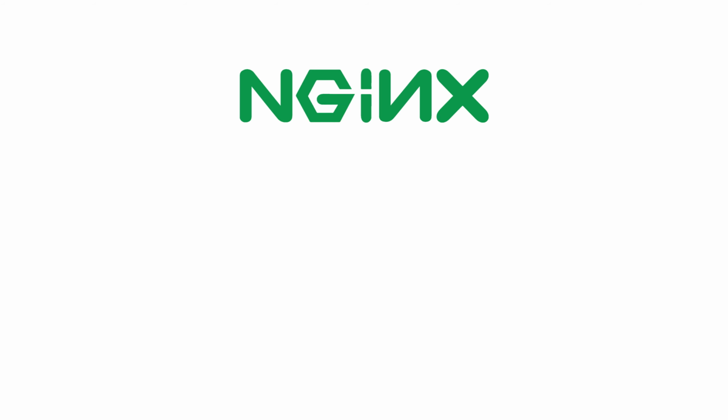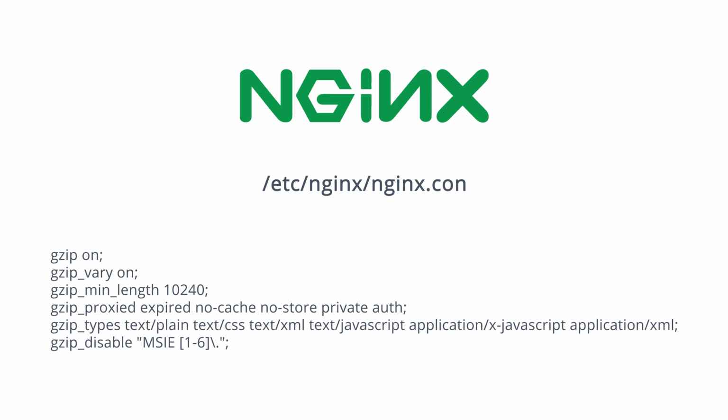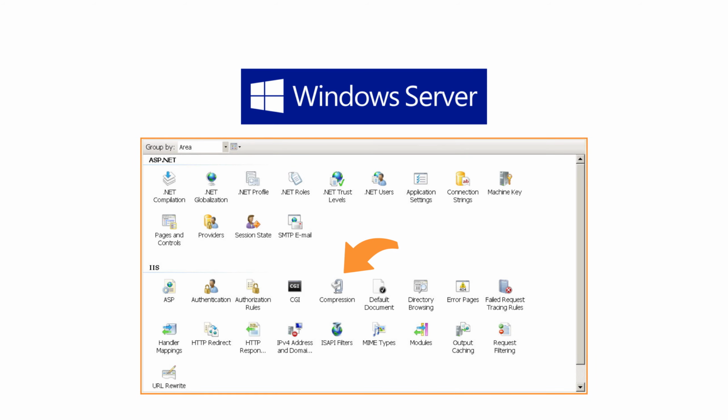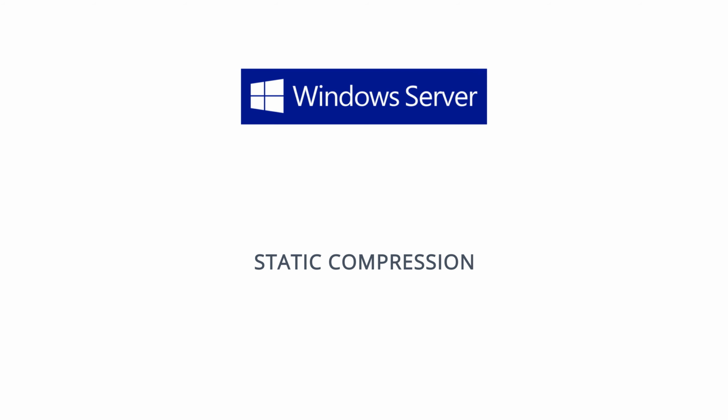Your HTML is now compressed, and users requesting your content will automatically receive that compressed content, which will decompress in their browsers. If you're running on Nginx, you'll want to edit your Nginx config file. Add the following, save, close, and restart the server. And on Windows servers, it's even easier. You can just open up your IIS Manager, click on the site in question, click Compression, and enable Static Compression.